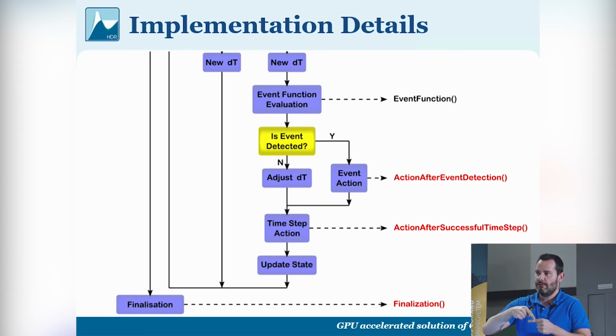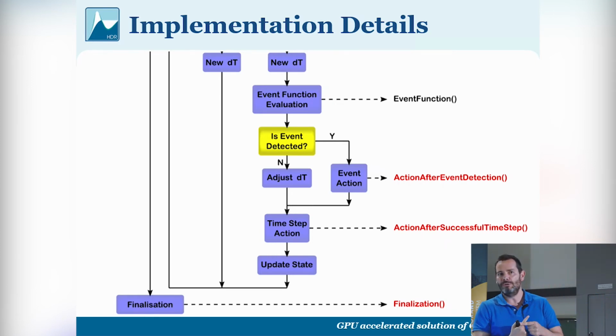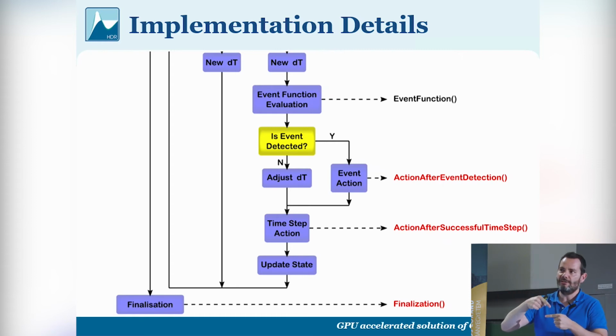At the impact, we have to prescribe a certain impact law and reverse the velocity of the trajectory. How can we do that in MATLAB? We just integrate the system, detect the event, stop the integration, reverse the velocity of the body, and start again the integration. But it's not an efficient way on GPUs when we have thousands of threads,